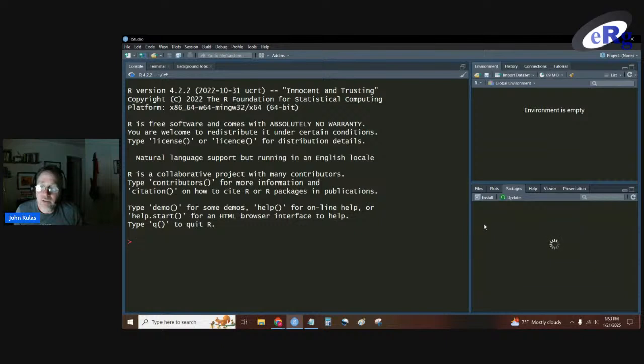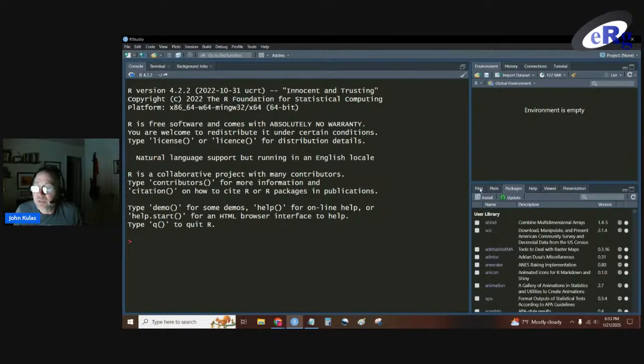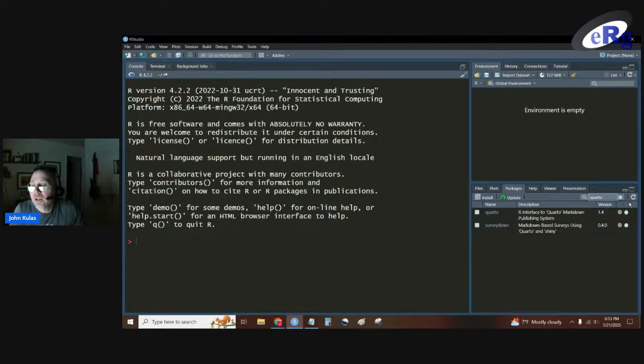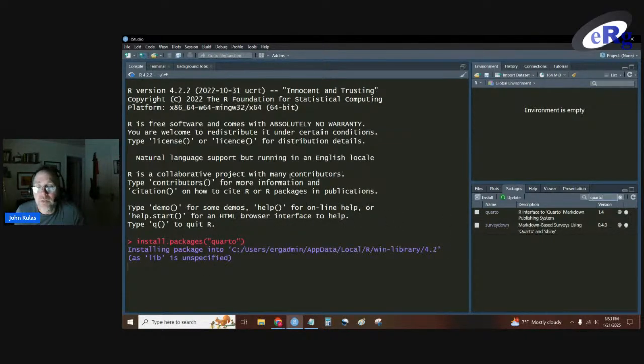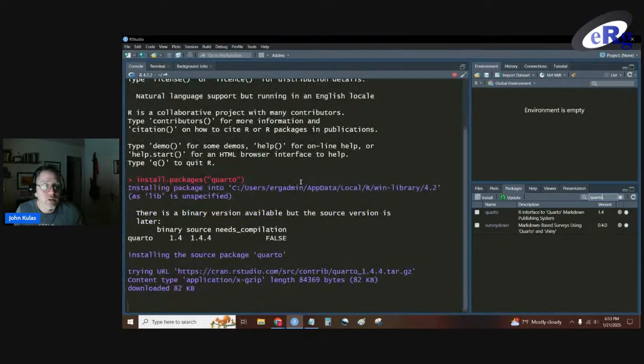Now, Quarto, when we first started using it, there was a little bit of confusion because there is a package called Quarto, and you can go ahead and install that. So if I do installation Quarto, it's on CRAN, so it should come up in your installation window.